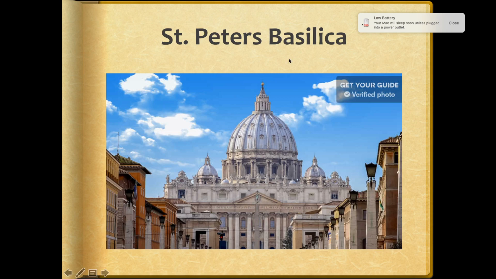The other one is St. Peter's Basilica. It is kind of the main building in Vatican City. Like I said, it's built over the tomb of St. Peter, and it is home to all these artistic achievements. One thing about it is this dome shape you see was kind of revolutionary at the time. Obviously, the whole thing is a very beautiful building, but this dome shape was kind of revolutionary.